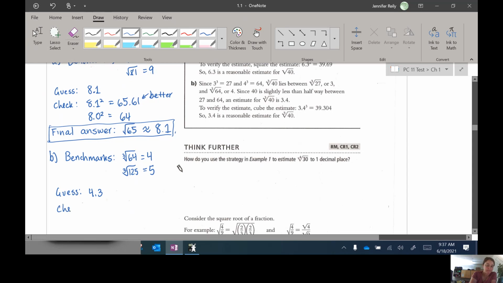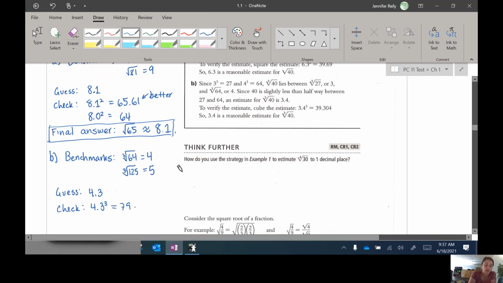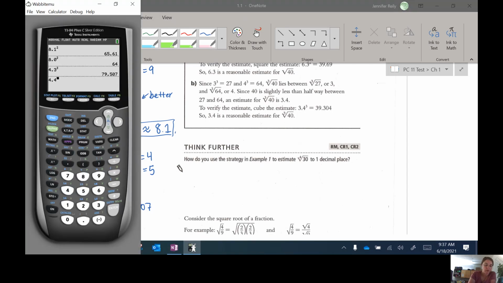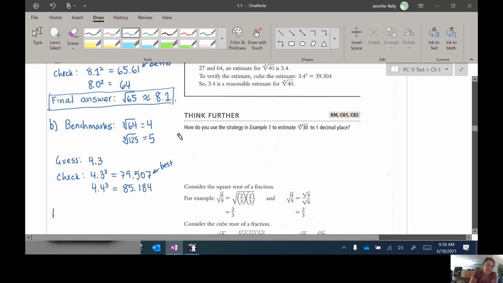So let's check. If I cube 4.3, how close is that? 4.3 cubed is 79.507. That's actually really close. It's a little too small. We're trying to get 80. So I can try 4.4, but I'm pretty sure 4.3 is going to be the answer. 4.4 cubed, 85.184. Yeah, that's too big. So 4.3 is best. So then my final answer